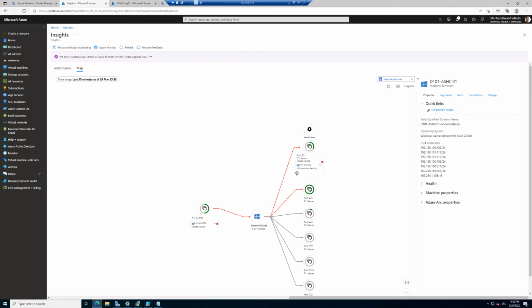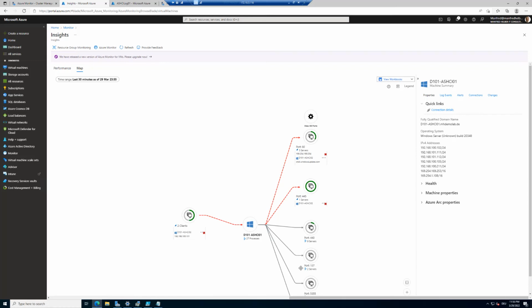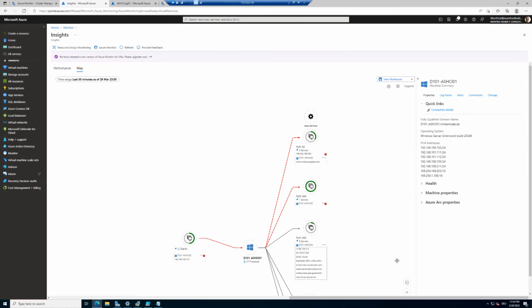This one here is port 445. We are using port 443 and so on. So this is also provided by the Azure Monitor, that we can see what happens here,